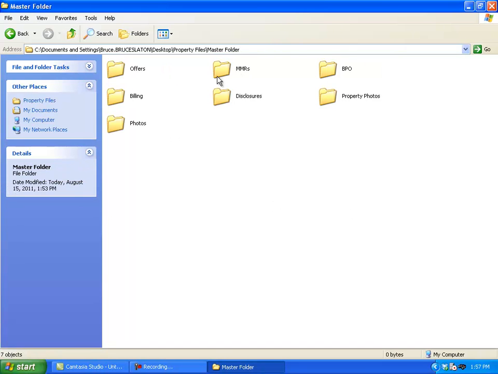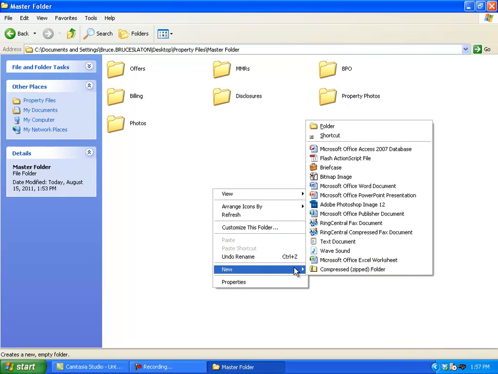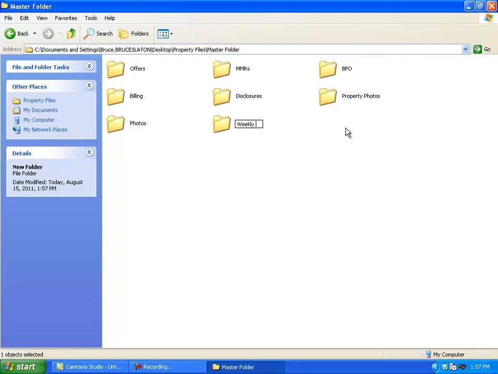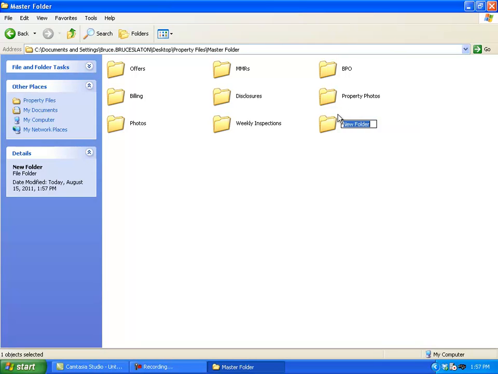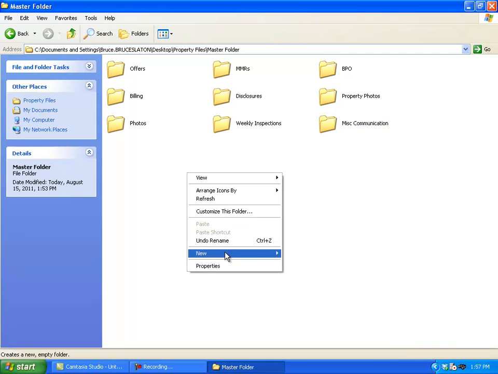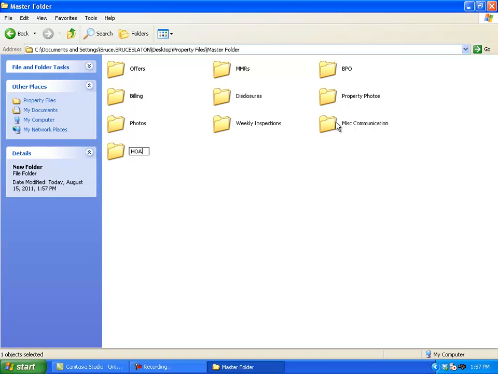And let's go up here. Our tasks are MMR, maybe even weekly inspections, which we actually need to fill out the forms. So we'll put that one up here as well. Let's see. We can actually put in here. Think what else we have here. Oh, I think what else we have is miscellaneous communication. Could be HOA information. In fact, let's create one for HOA if it's applicable. Then you create another one that actually says this one could be relocation information,